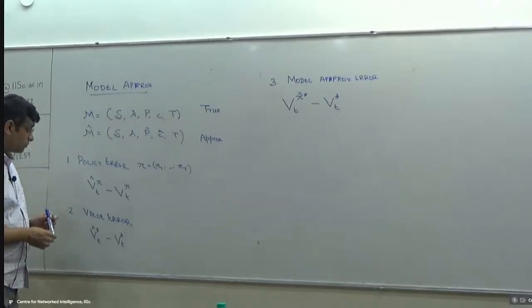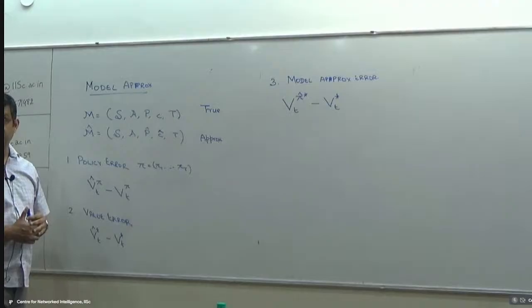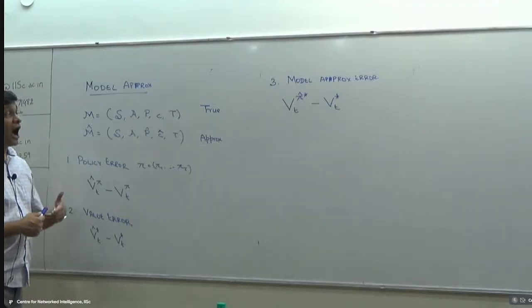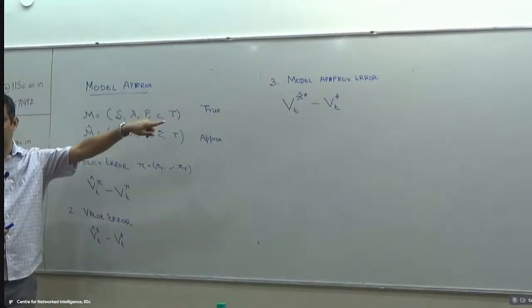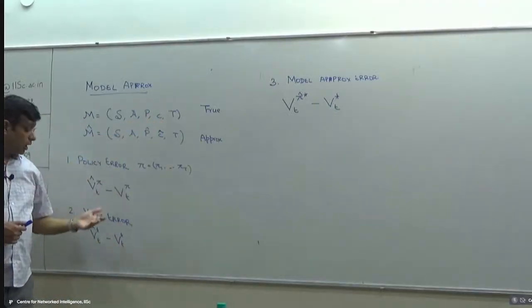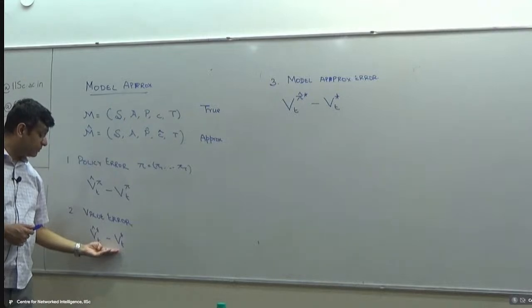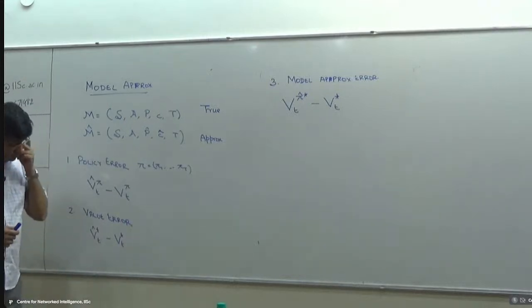So it's not that the value error is low and the model approximation error is high. The point is, I want a bound on this, right? If I get a bound on this, that does not give me a bound on that. Okay? So this is a good indicator that